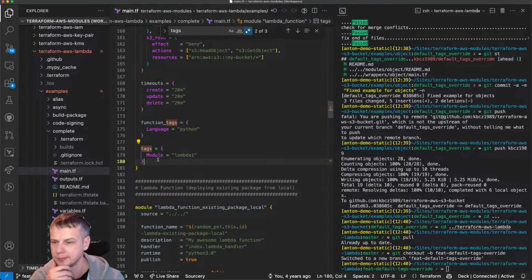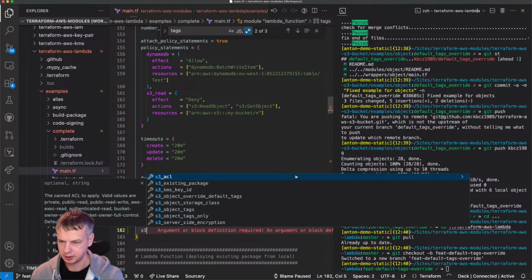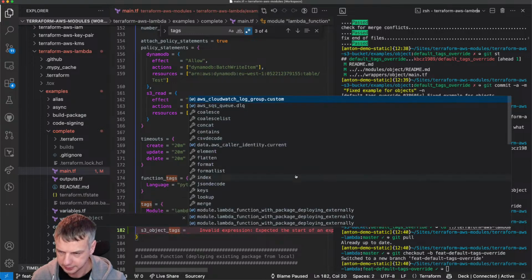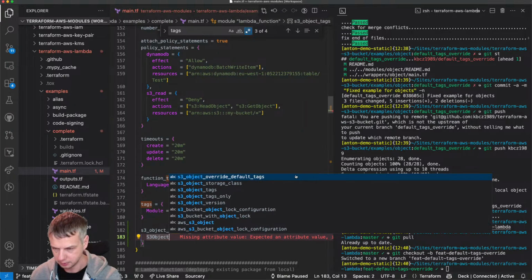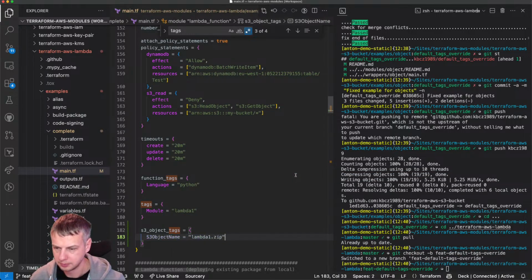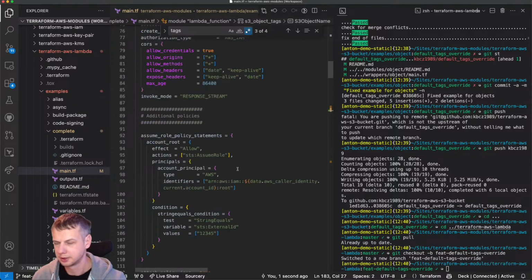So then we'll just say that we want to have S3 object tags, and we will say that this is S3 object name, and we're going to call it lambda1. It's not lambda1. Okay, let's call it lambda1.